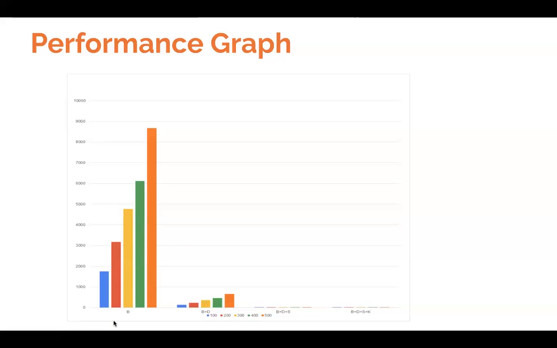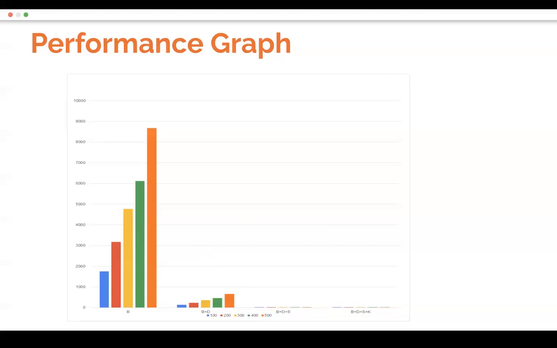Then we added database pooling for the same number of users, and we can see a drastic drop in the response time, from which we can infer that using database pooling, we can reduce the response time and increase the throughput of a system. After this, we attached SQL caching using Redis, and the result was immediate: a drastic drop in the response time for all the users.